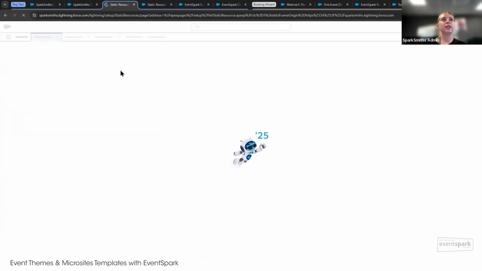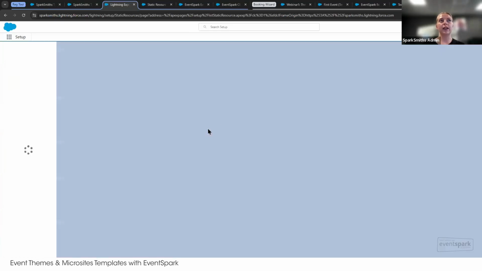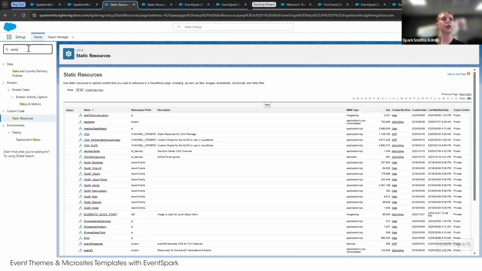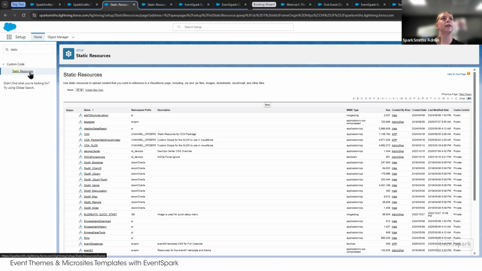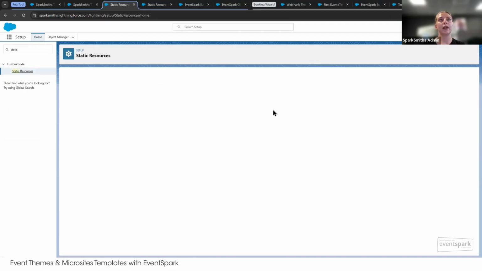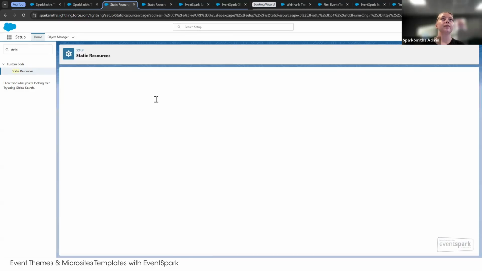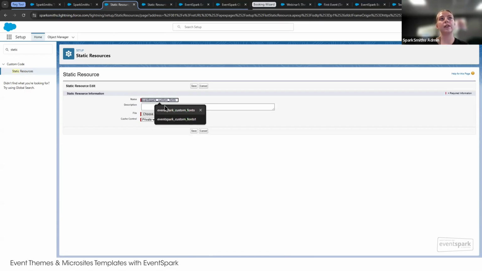So if we come through to the static resource section of the Salesforce setup, I'll just quickly run through how to do this with you. So I go to static resources in the setup guide. I can come and I can click new. Over here, I can go new. How we'll label this will be as follows: